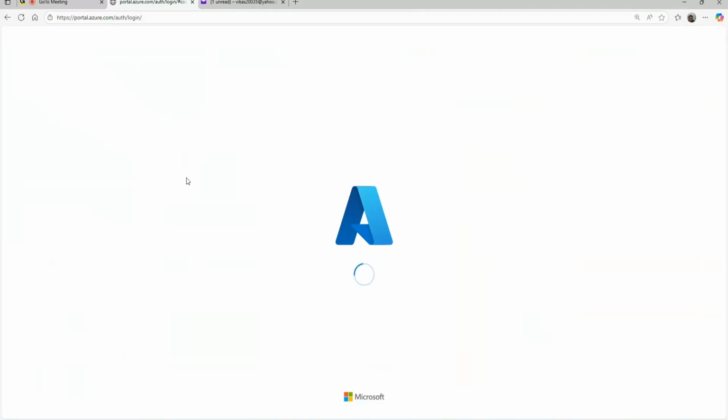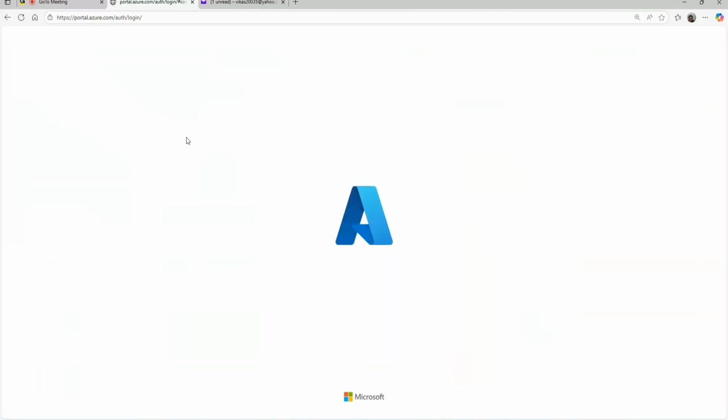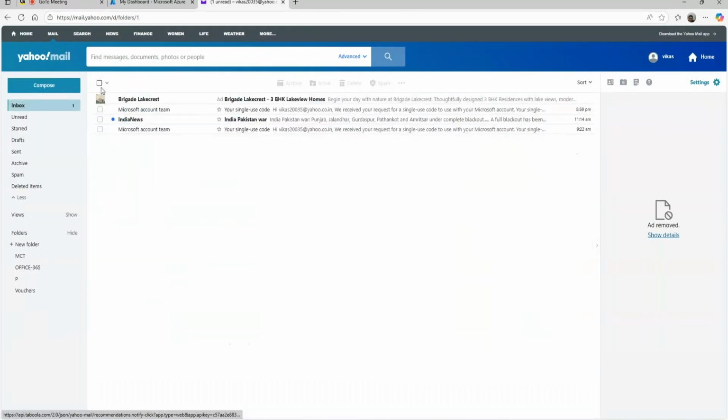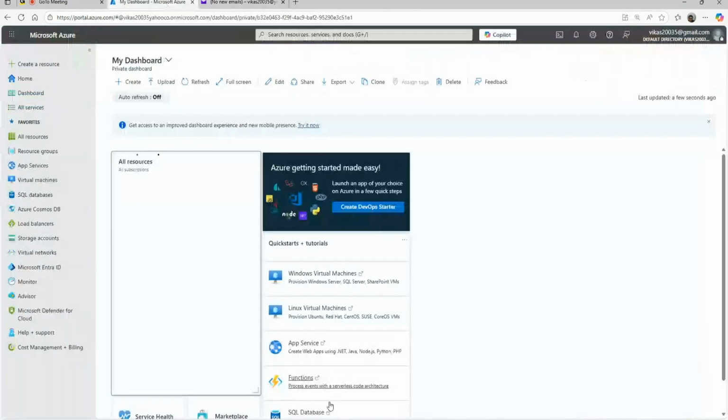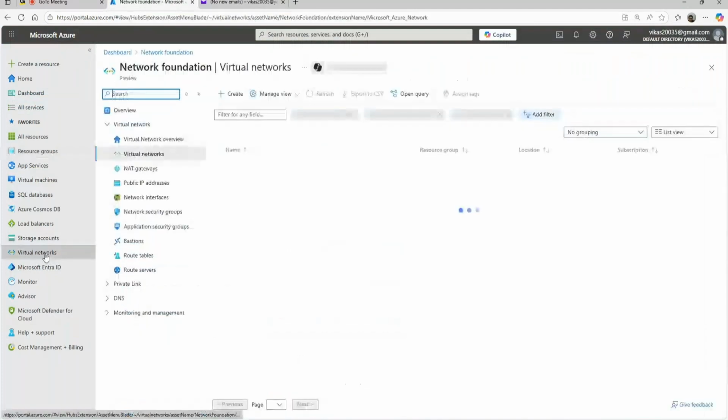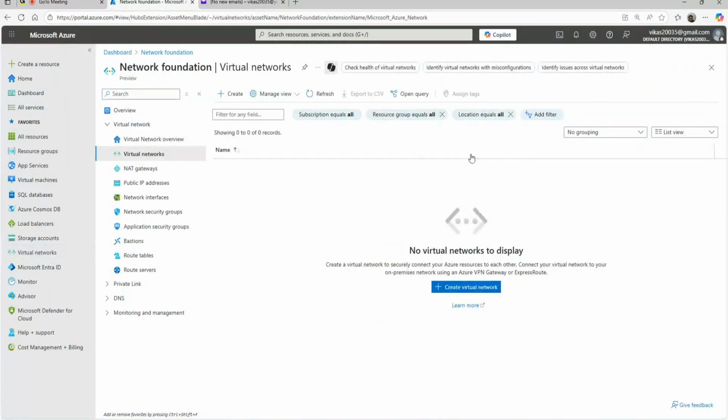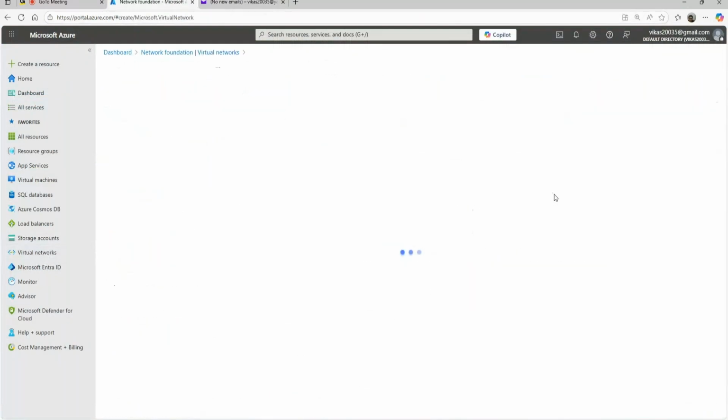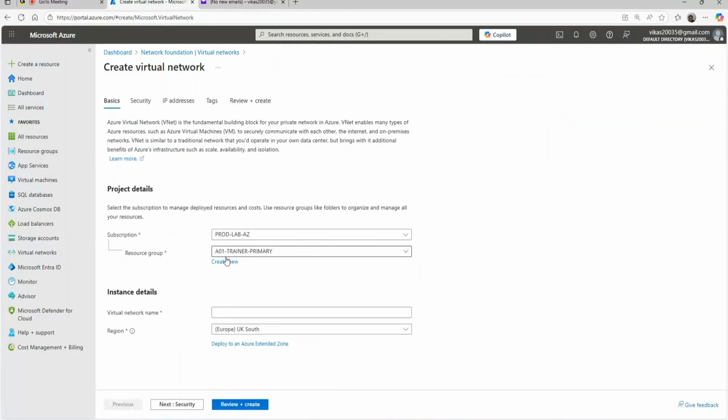So I log in to portal.azure.com, go to virtual network, and create a virtual network. I created a resource group, A01 trainer primary, UK South.